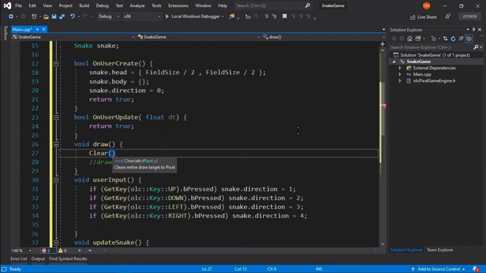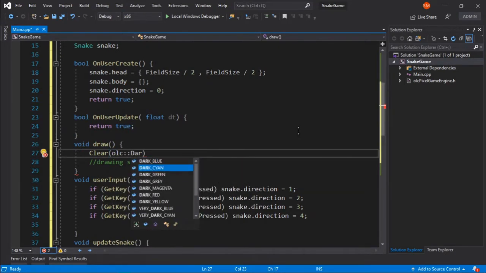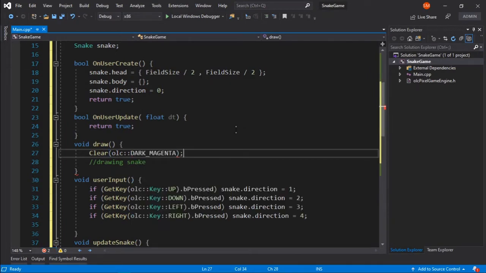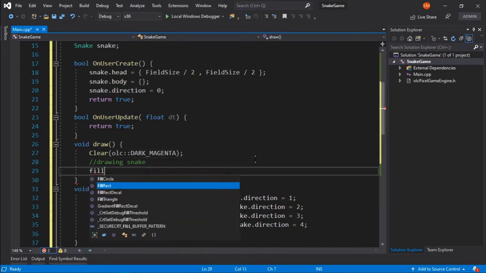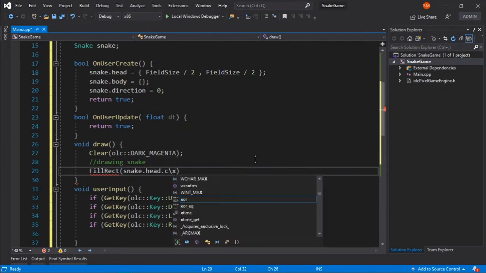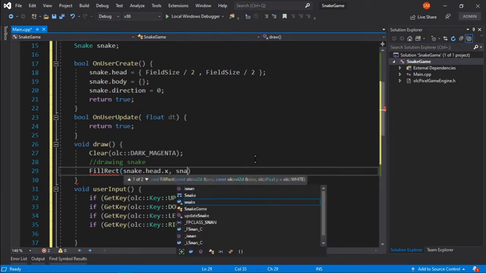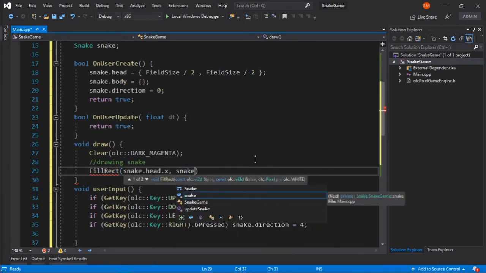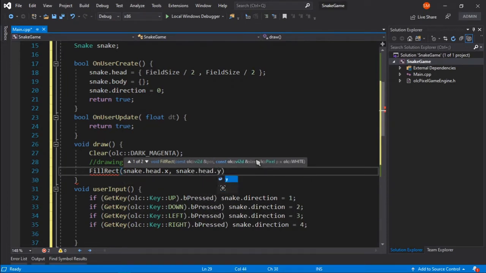In this case, I will be using OLC dark, let's say magenta here, and for the head, say fill rect, and it will take snake dot head dot x and snake dot head dot y for x and y coordinates, and it will be a square of 1 and 1 size for just now.